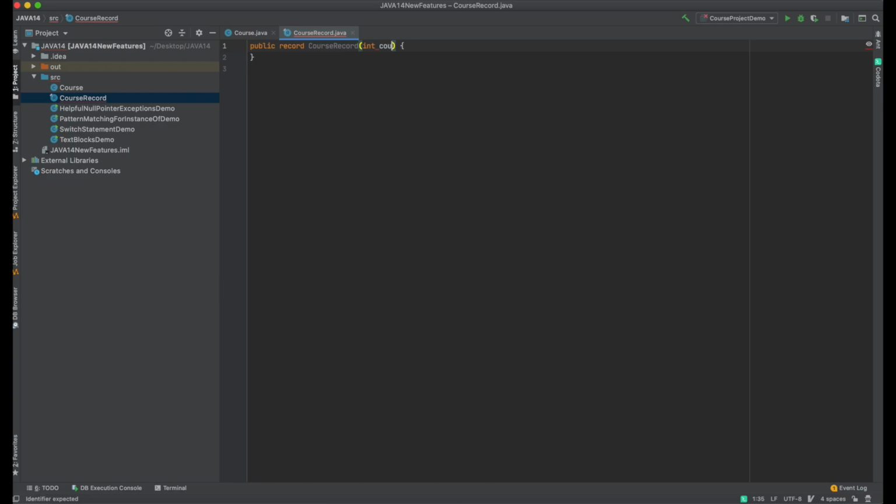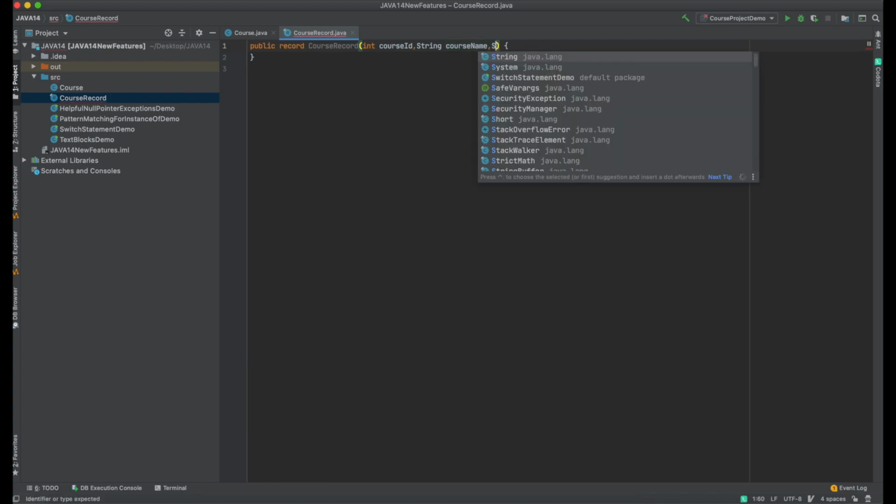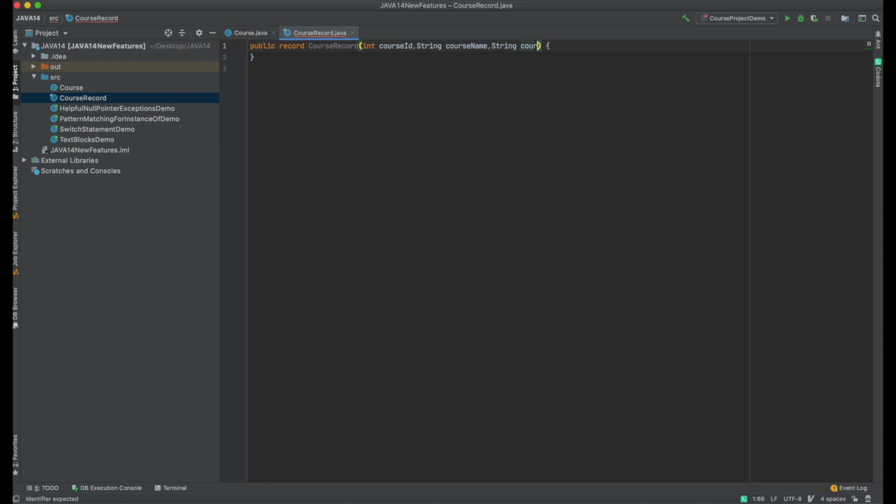Now we'll pass a few variables: course ID, string course name, string course duration, course type, string duration. OK, so I created one record.